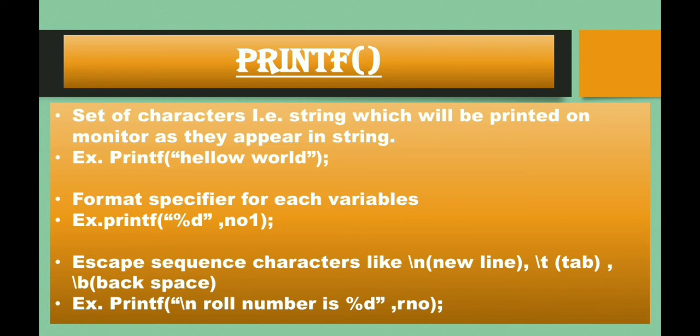In the third example, all three contents that the control string holds have been used together. First the escape sequence character, that is \n. Then we have given the message, that means the string. And then the format specification that shows the type of the variable. So in the third statement we have used all the things together. So this is about the control string part, which type of values the control string can hold.